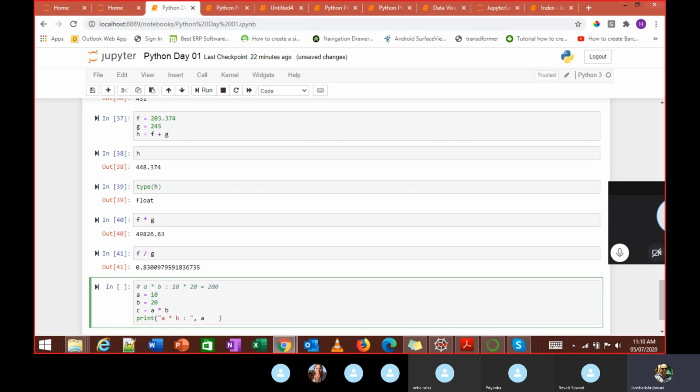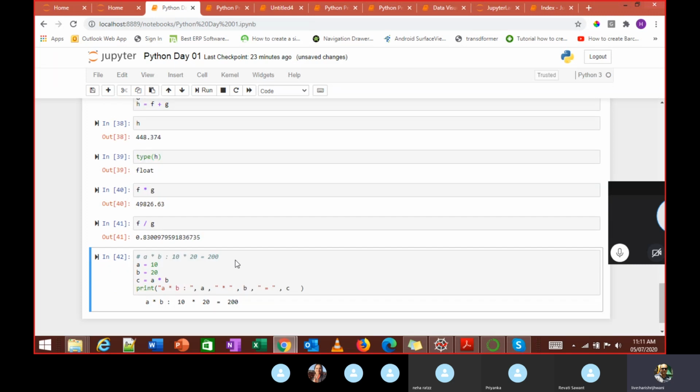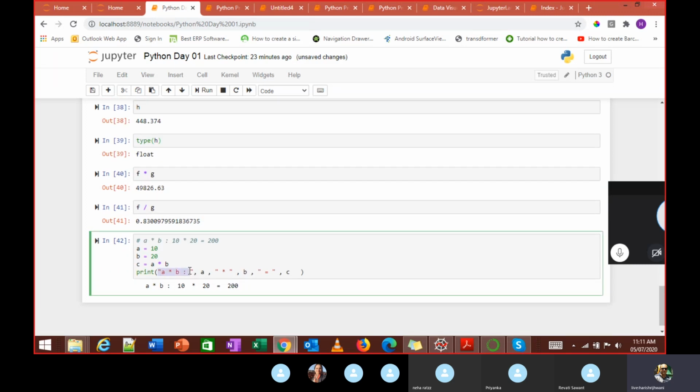I just have to write a, comma, r, comma, b, comma. Let's try this. So I get this value. So what I have done, right? In between I have put a variable. If there is a variable for which I want to print a value, there should not be any quotes. So I have these. Basically, I have taken